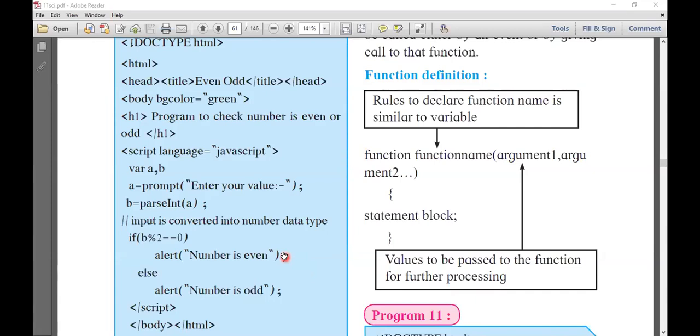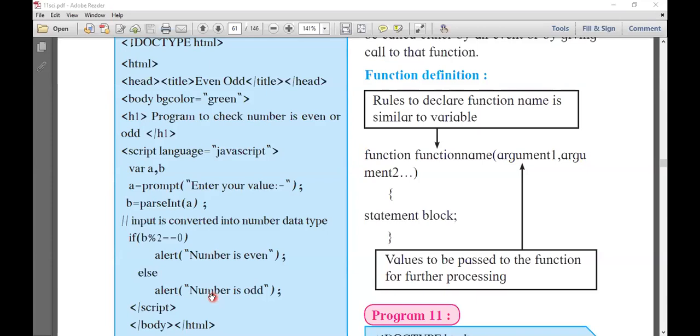If there is a single statement in a true block or a false block, there is no need to enclose it in curly brackets. Why write an extra thing where it is not required? If you are using more than one statement, you have to use curly brackets, otherwise the program will give an error. That is the syntax.